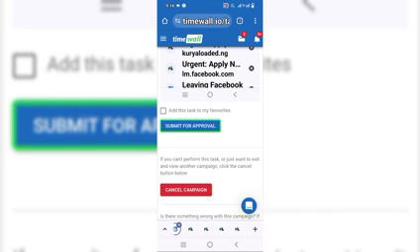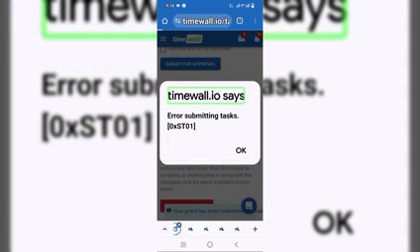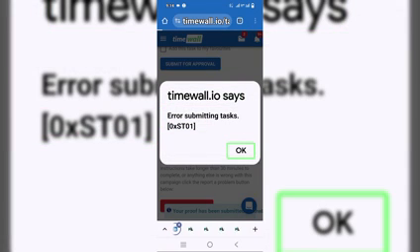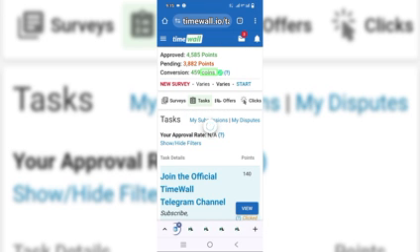Submitting for approval. Yeah, submitted already. So you can see the prompt again. TimeWar was the title set. Task submitted successfully and your pending point, I don't know. So just disregard this error submitting task. It has been submitted already, so it's just an error from their part. So look at my pending,